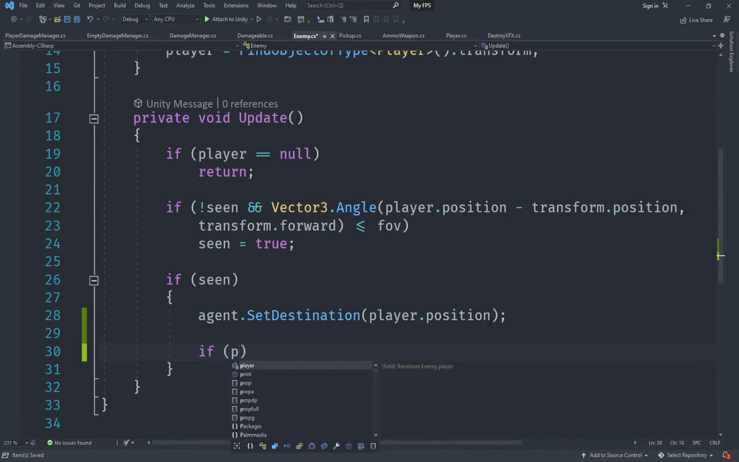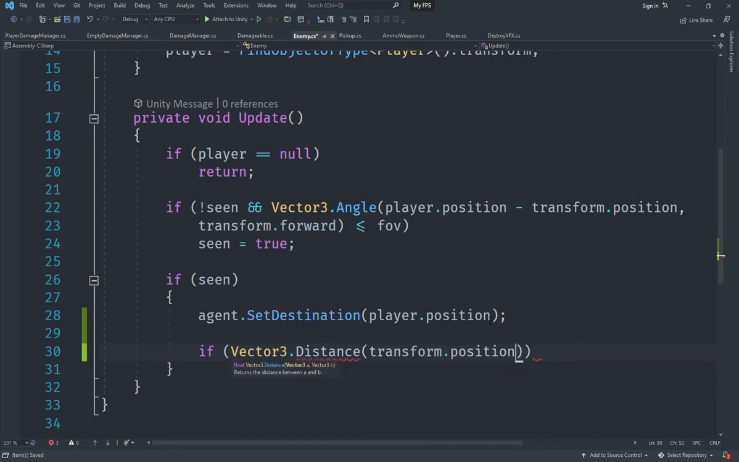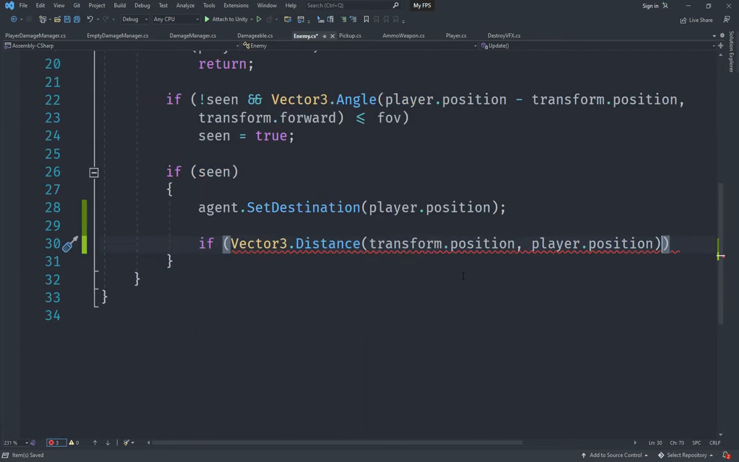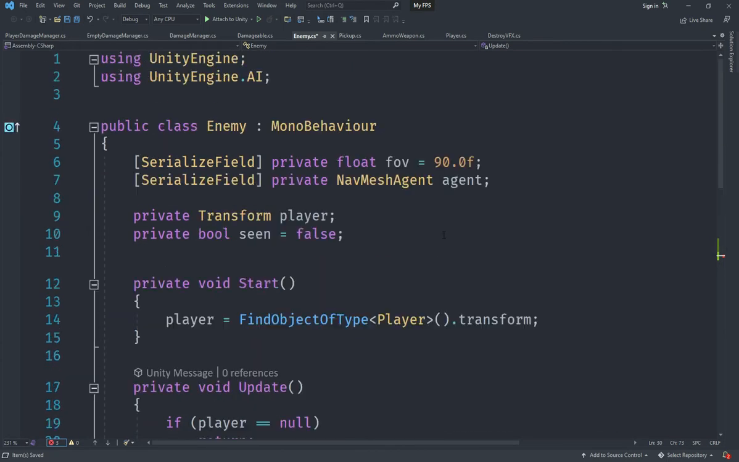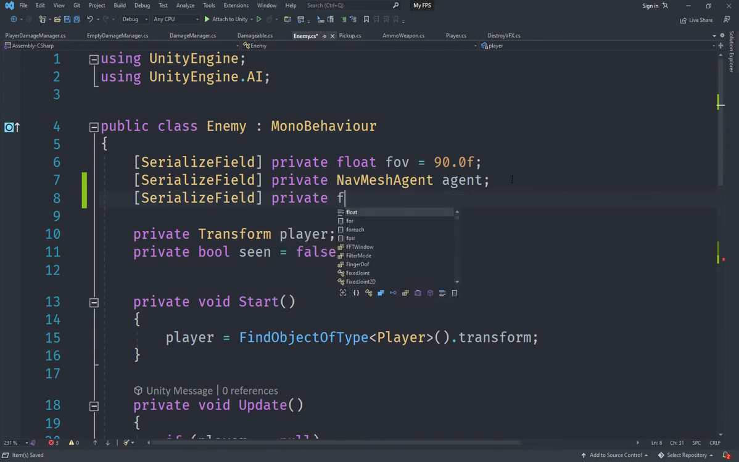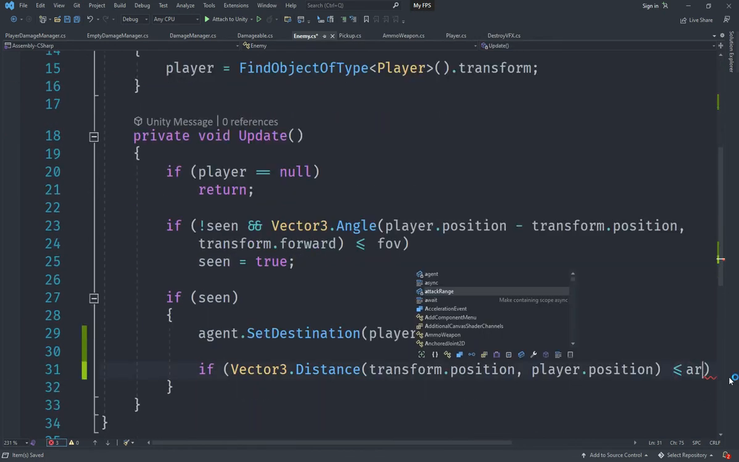So the first thing we want to check inside of here is if we have seen the player, and if so, we are going to use Vector3.Distance. The distance between transform.position and player.position is, well, where is the transform? All right, is less than or equal to. Let's just add in a serialized field here, a private float called attackRange. Okay, that's better. And what we are going to do is just check if it is less than or equal to the